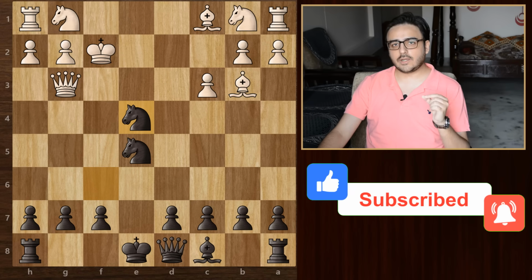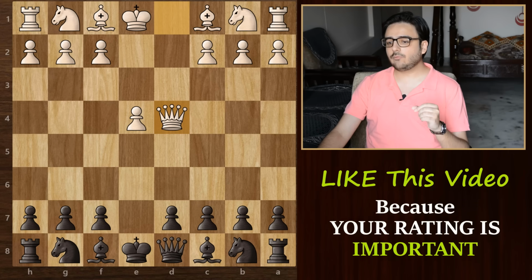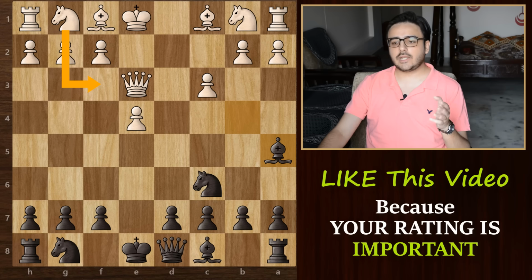Alright, now let's look at another interesting trap that you can play as black. After queen d4, knight c6, queen e3, we straight away go for bishop b4 check. White blocks with the pawn, so we have to retreat our bishop. Now white has many options like knight f3, bishop b5, but bishop c4 is quite common, so let's go with